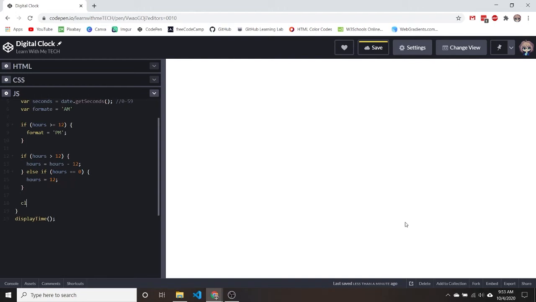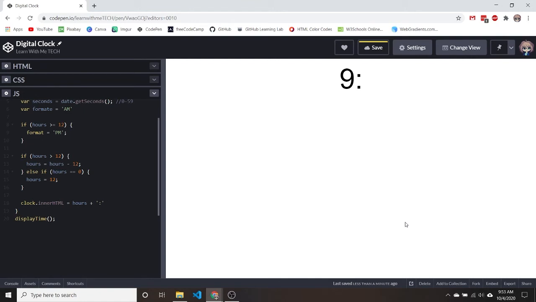Okay, so I'm going to set up the code to actually see the clock. So this is where we're using the inner HTML and our ID that we set up in our HTML. And I'm going to concatenate these together. So hours plus, and there's our 9. And I'm going to use a colon. I notice it's coming up black, so I'm going to check my CSS and make sure that I have that set up right. So hours plus,